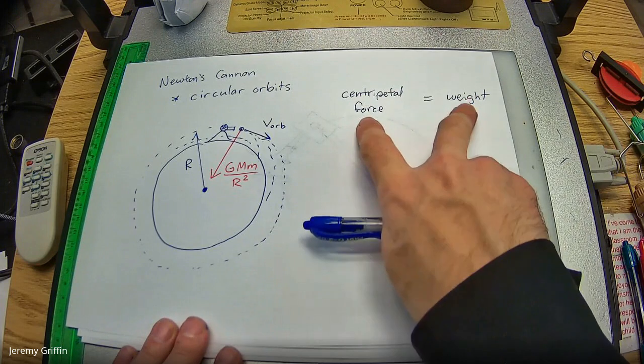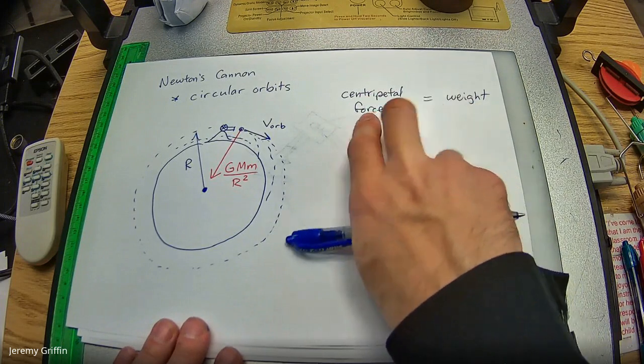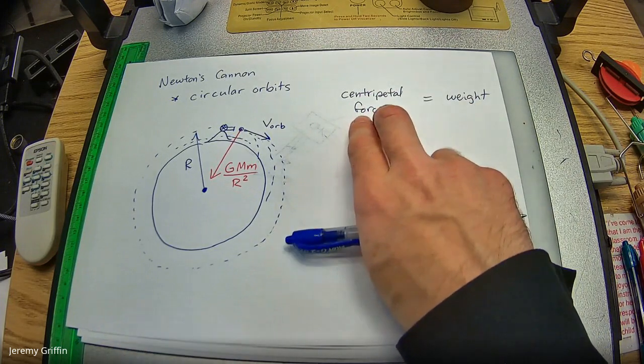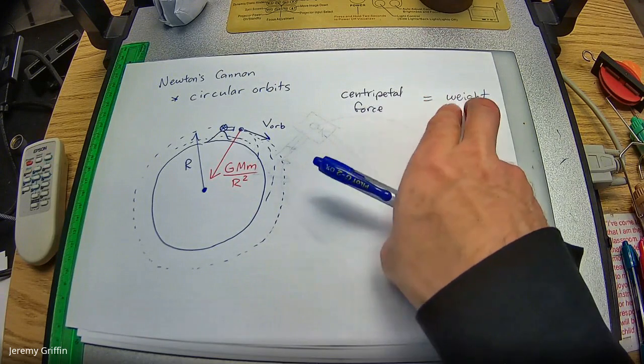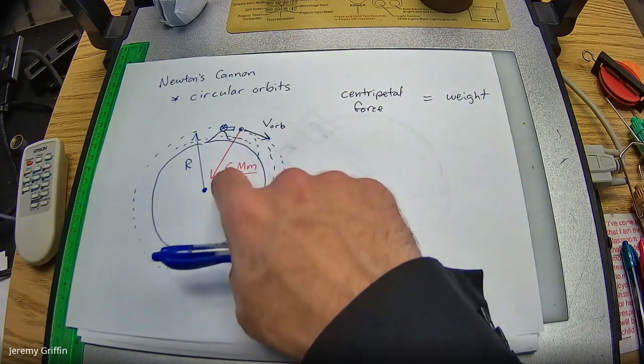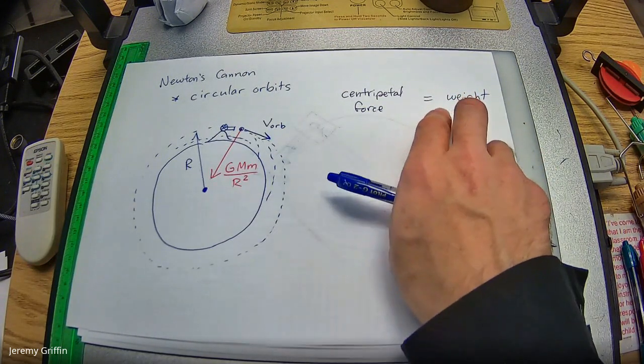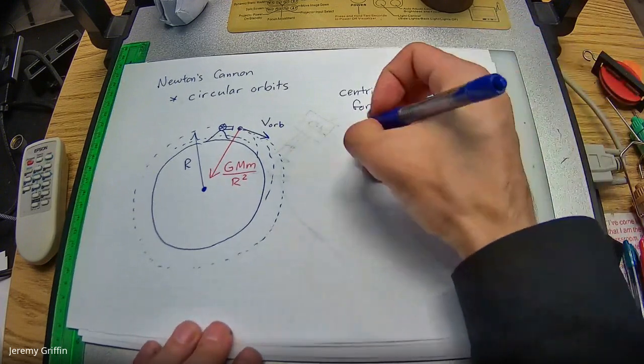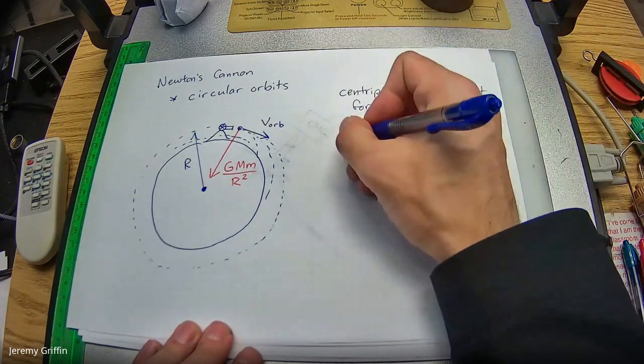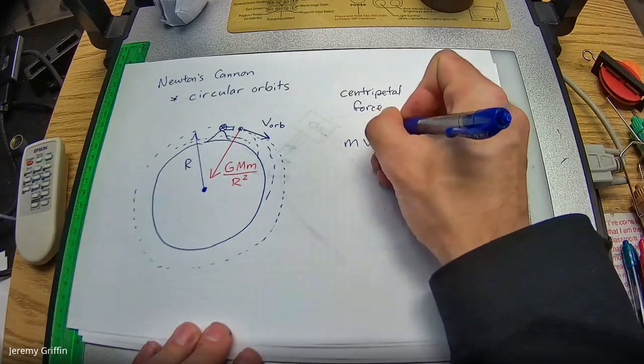I remember what I was saying, was that centripetal force is never a lone force unto itself. It's always provided by one of your classic forces. In this case, weight, right? Like this red force vector. But it could be tension in a string, it could be a normal force. We have expressions for each one of these. Centripetal force is mv squared on r.